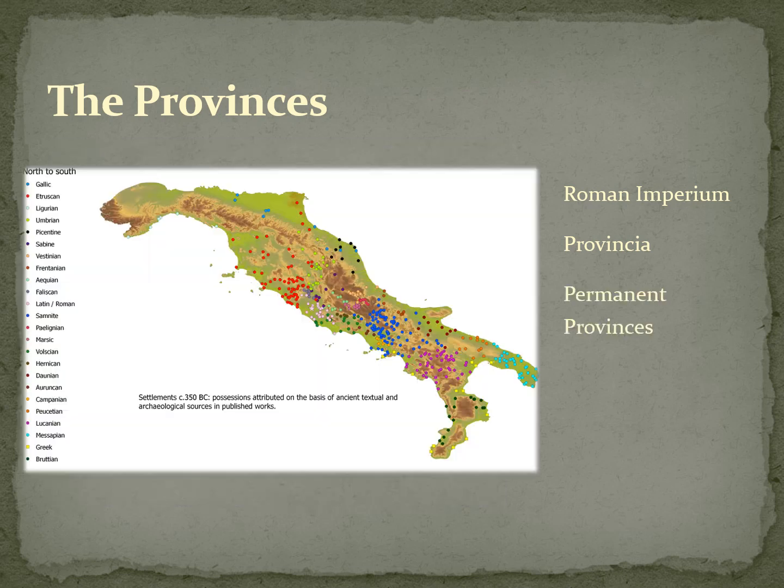Now, in time, Rome's provinces became permanent. And let me explain this. Originally, Rome saw itself as just one city-state among many, and we saw this with the Italians. So they would force one to surrender, and that city-state more or less was left to its own devices. They elected their own leaders, they did their own thing. Rome only asked them for loyalty and military contribution.